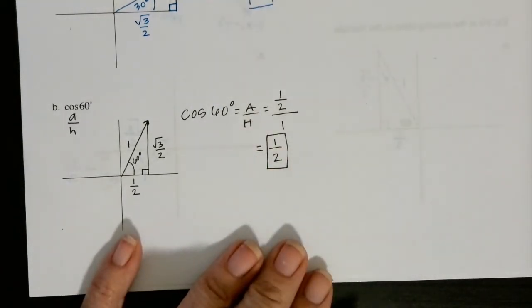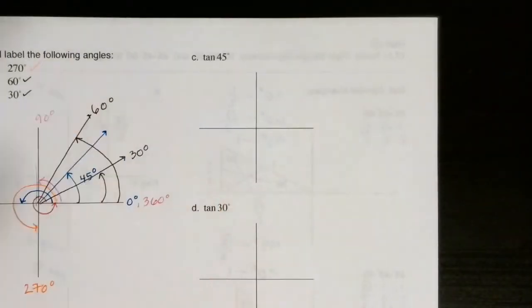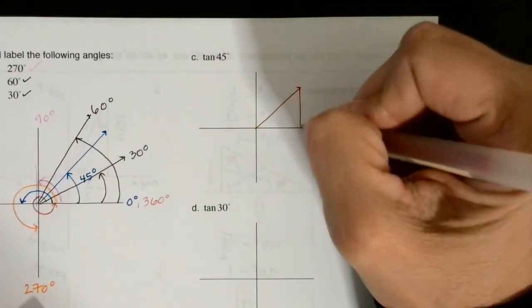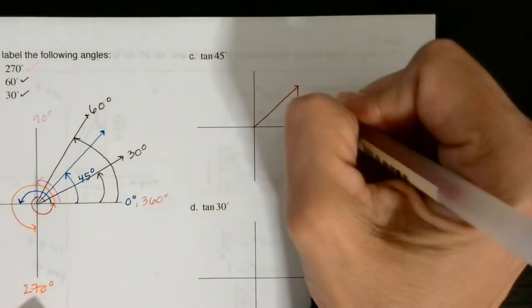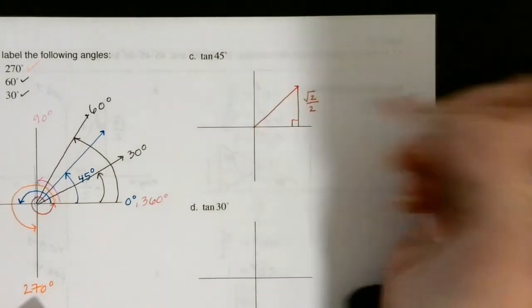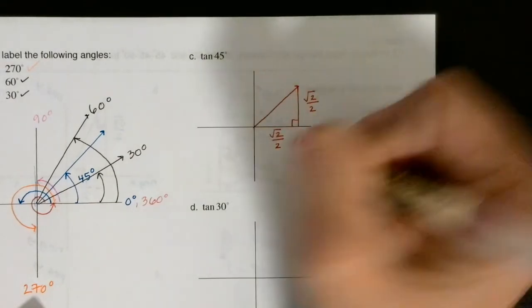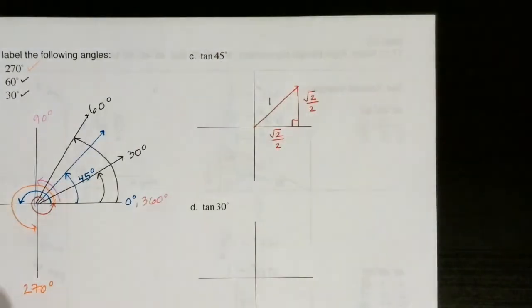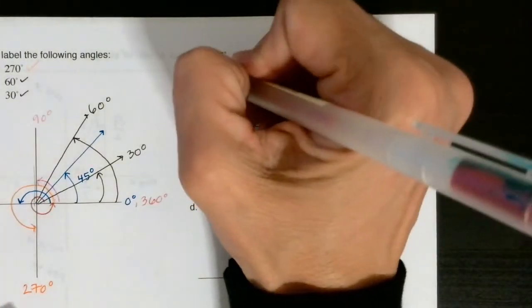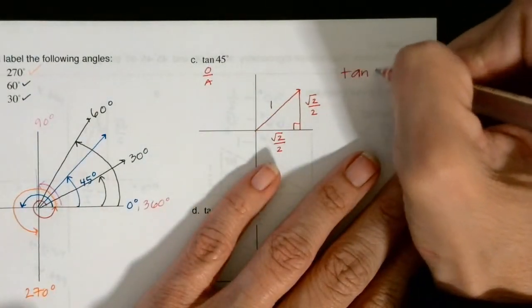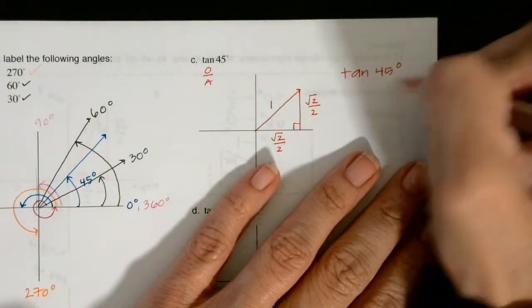Okay? Almost done. We got tangent of 45 degrees. So let's draw that 45-degree angle. So 45 bisects that quadrant. So what do we know about 45-degree angles? You may not have this memorized yet, but √2/2 and √2/2. And the hypotenuse is always 1. Tangent is opposite over adjacent. So we have the tangent of 45 degrees equals